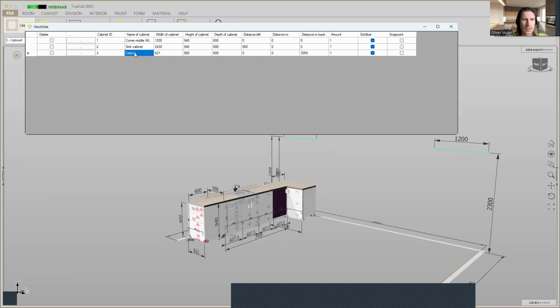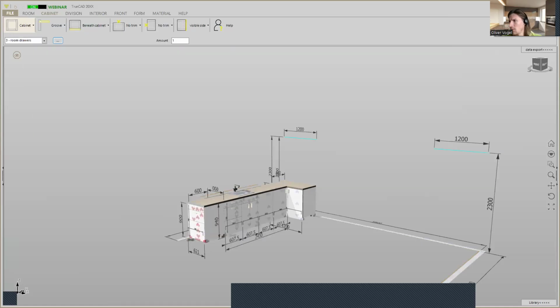And the third one is room drawers, we call. And you see here the height is 900 because the thickness of the cover panel is 40 millimeters. That is fine. Okay, now we can close it